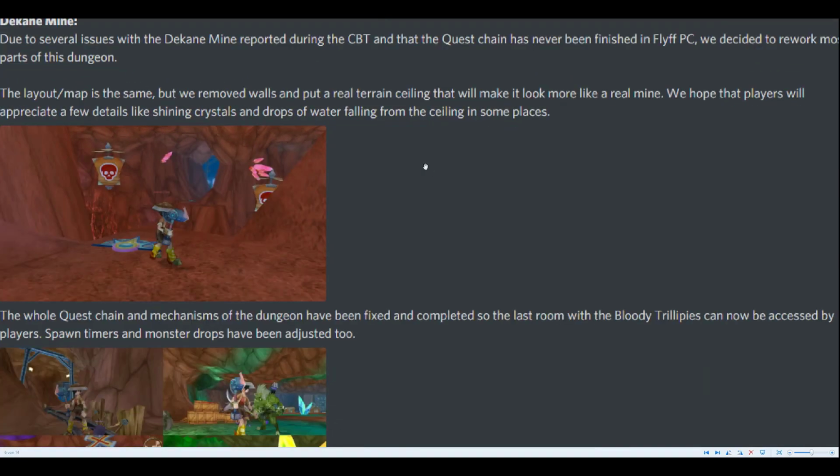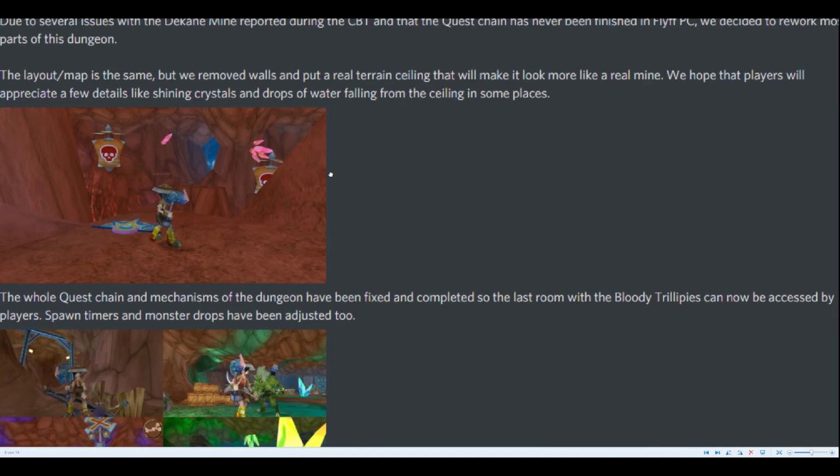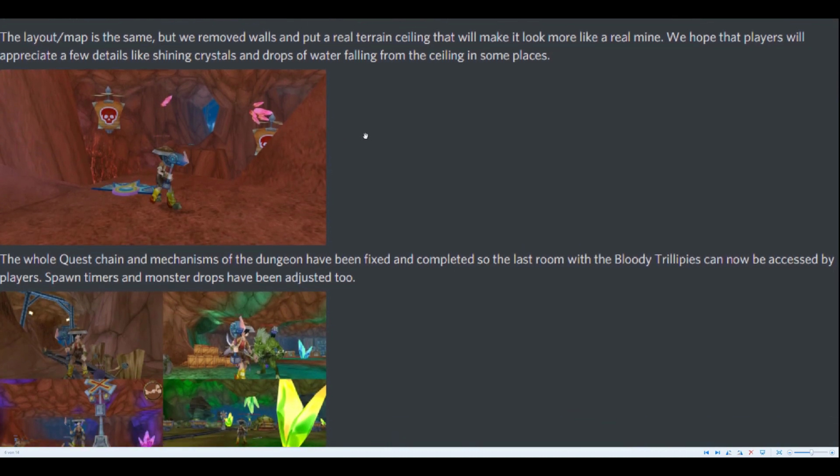So next up we have the decaying mine rework. Due to several issues with the decaying mine reporting during the CBT and that the quest chain has never been finished in Flyff PC, we decided to rework most parts of this dungeon. The layout map is the same, but we removed walls and put a real terrain ceiling that will make it look more like a real mine. We hope that players will appreciate a few details like shining crystals and drops of water falling from the ceiling in some places,